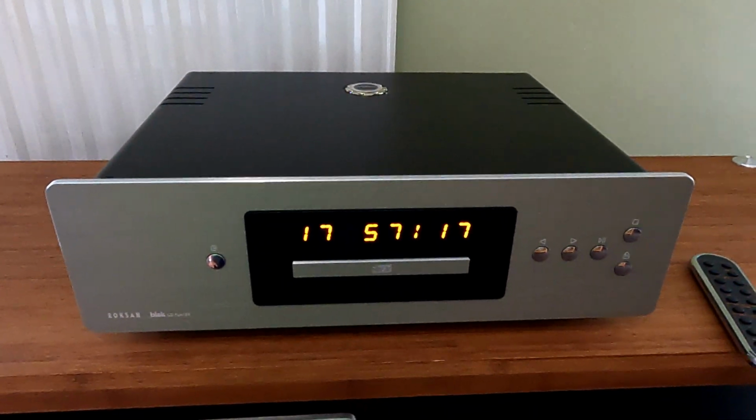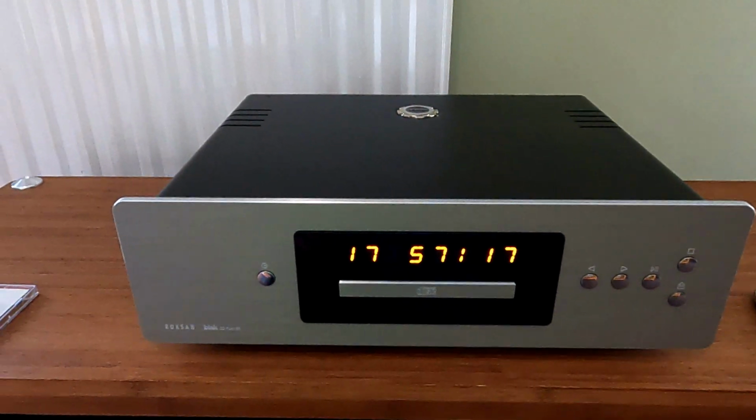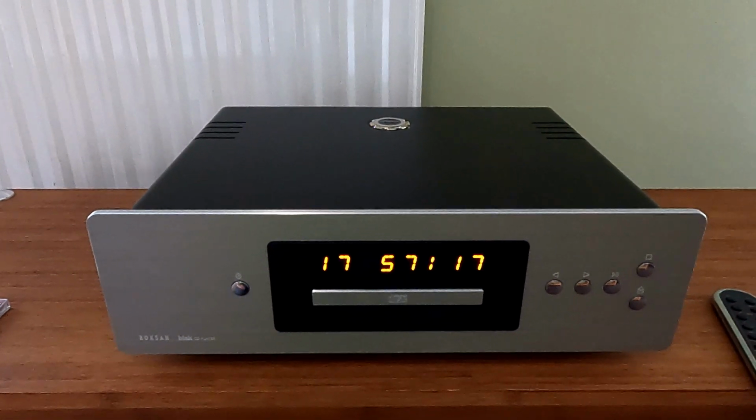One of my favourite players, actually, the Blak. I think it took me by surprise really, because Roksan is a record player manufacturer, and you don't often